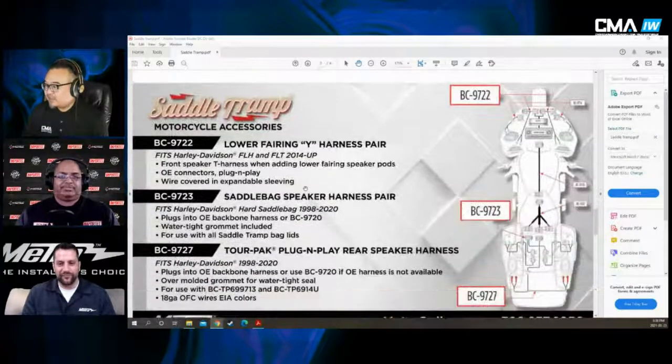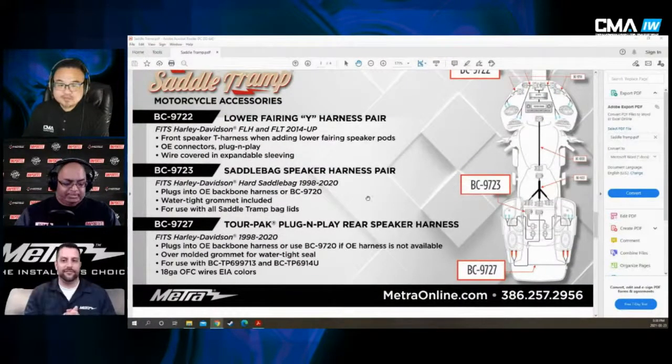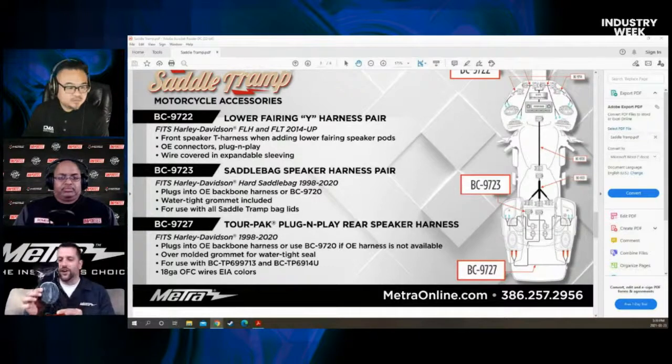Yeah, let's go to this one. So these here make adding our Saddletramp saddlebag covers a lot easier. And again, this goes to the testament of Saddletramp and our R&D department really looking deep into how we're doing things and keeping things as simple as possible. I do have a couple of these harnesses here, and I'll probably just take one right out of the bag while I'm talking about it to show you guys at the same time